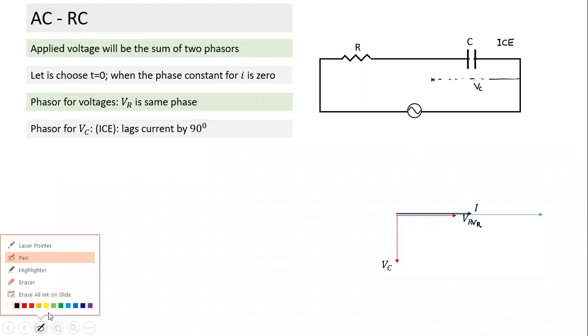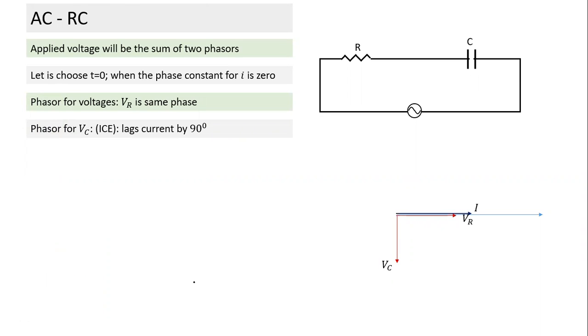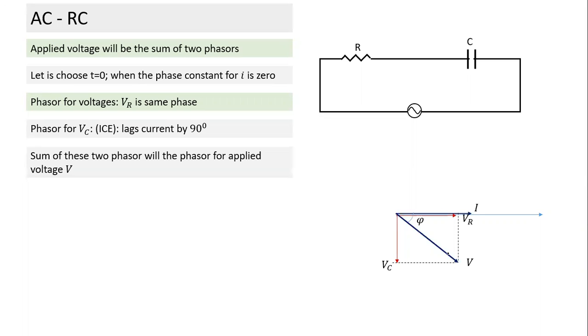Okay. Then what we do next, that's what you need to keep in mind. So that's VR and that's VC. What we have to do next: I have drawn VR and I have drawn VC. Now I'll use the principle that I is the same, and we have drawn VR and VC. The phasor sum of VR and VC will be equal to the applied voltage. So we complete the sum of the two phasors. How do we take the sum of these two phasors? It's a vector sum. It's simple. This becomes the phasor sum.